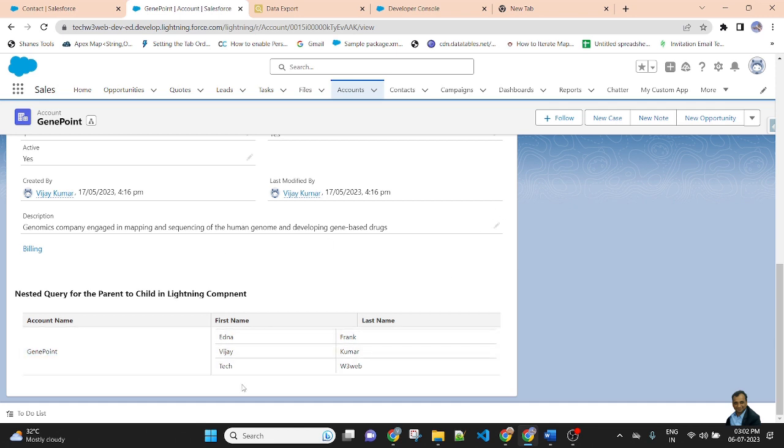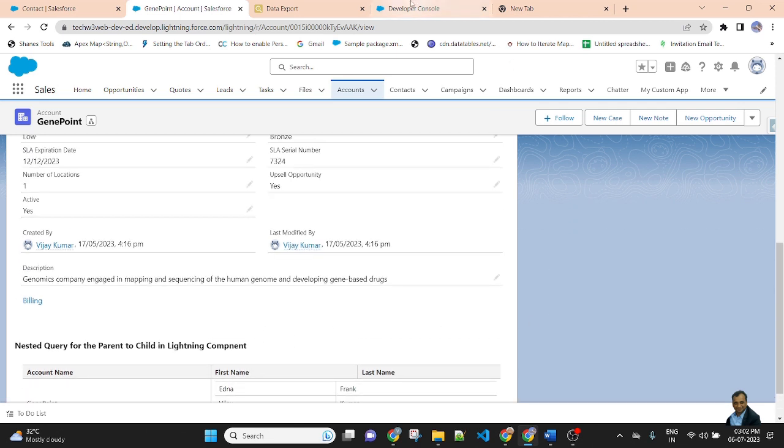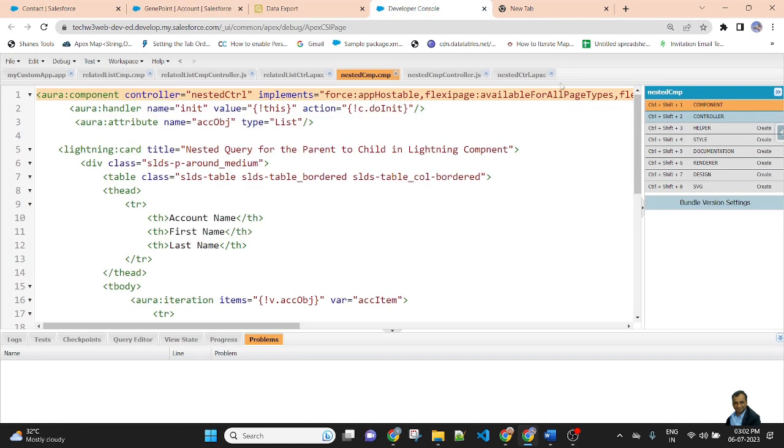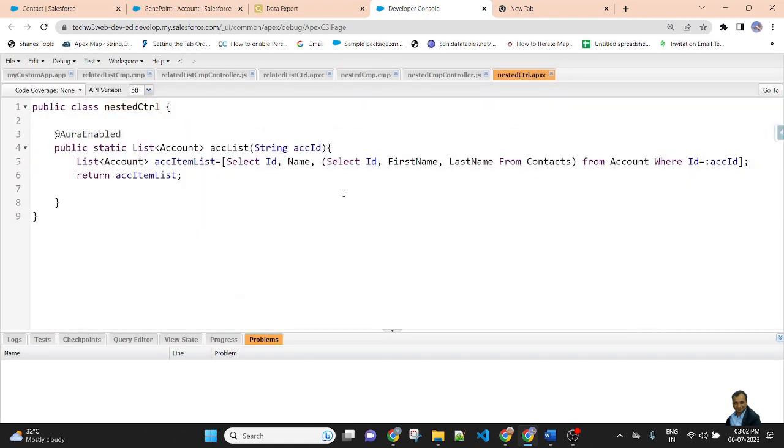So in this account there are 3 contacts in the related list of contact. All the related contacts are displayed here automatically. In this lesson I am retrieving all of the related list of contact based on the account ID. So account is a parent, contact is a child. Here I am displaying the parent-to-child related list of contact.